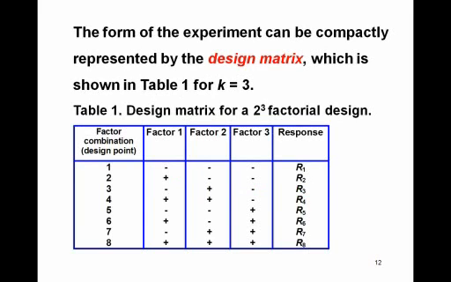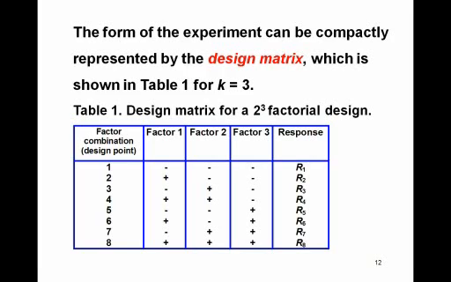The form of the experiment can be compactly represented by the design matrix, which is shown in table 1 below in the case of 3 factors. And let's see what it looks like. Since it's 2 to the 3, we're going to have 8 different design points. And the way this is set up, if you were doing it kind of by hand, is first we look